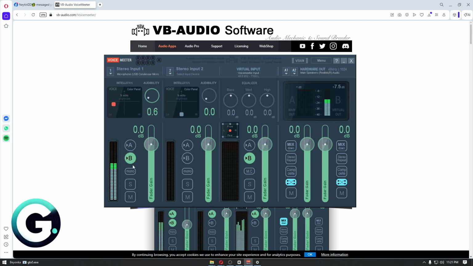Now, we also have two additional buttons. The first one is going to be hearing yourself, and the second one is going to be hearing for the computer. Basically, if you turn the A letter on, you will be able to hear yourself. This is good if you're testing out VoiceMeeter. And B is making sure that you are not muted on your microphone. You always want to leave this on, making sure that we are able to send microphone input into our